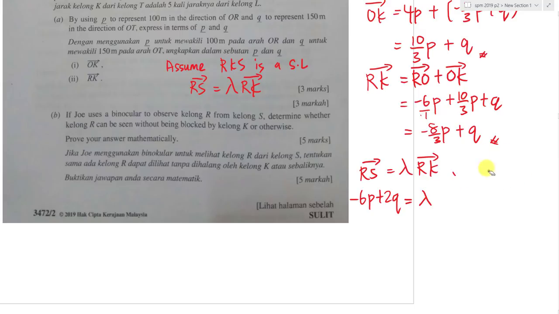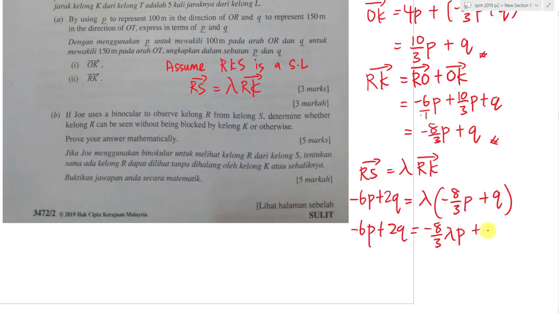Okay, what is my RK, on the top here, right? Negative 8 over 3 p plus q. Alright, so if I multiply my lambda into both here, you should be able to see how I will do the comparing here: lambda p plus lambda q. So if I compare the q here,